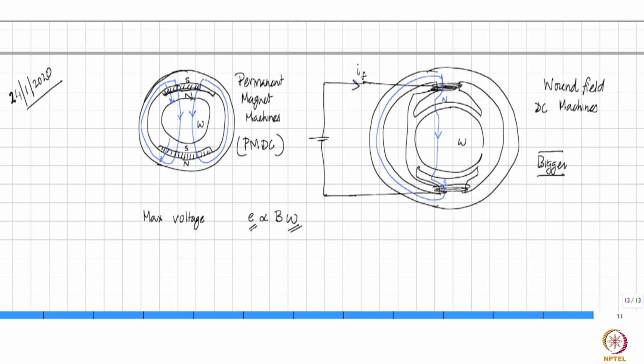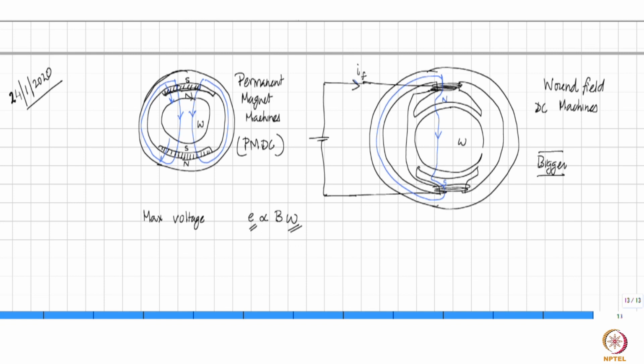If the magnetic field is kept the same, right? So in the first case of the machine, there is no way to adjust the magnetic field, and therefore that decides what is the maximum speed limit that you can operate this motor. However, in the second case, you have a mechanism to adjust the magnetic field. Usually you operate the machine with the maximum magnetic field that you can allow.